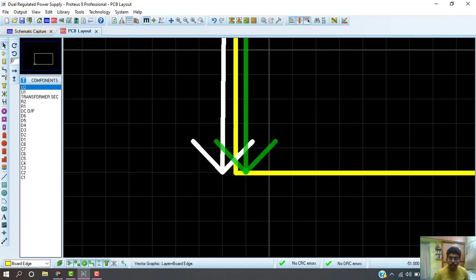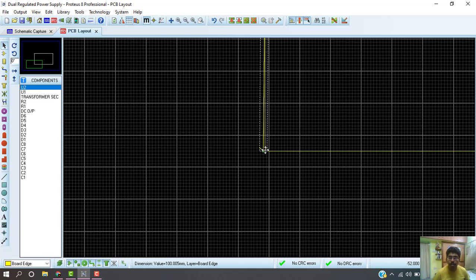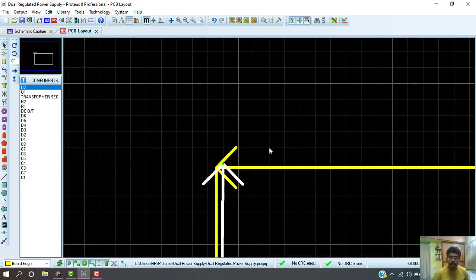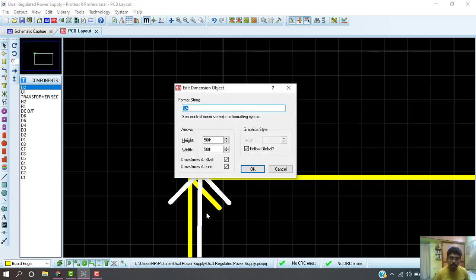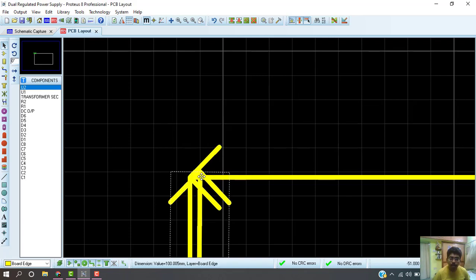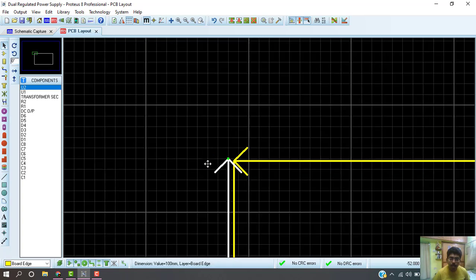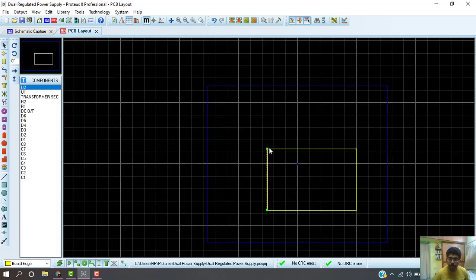Okay, it is also the same, but it is slightly slanting. Don't worry, we can fix it. See, the arrow started from there, so it is slanting. You just pick it and drag and drop it over here. Okay, now the arrow is straight.